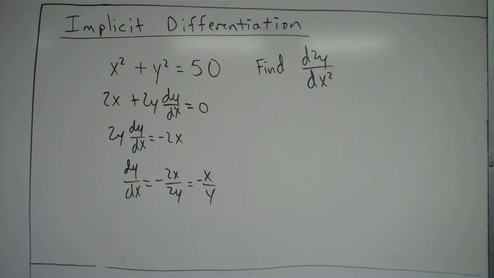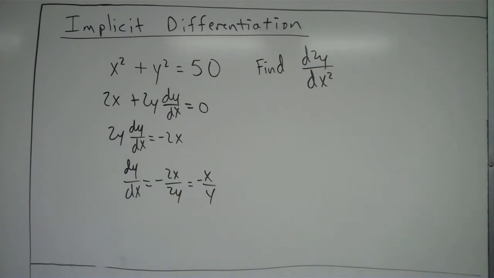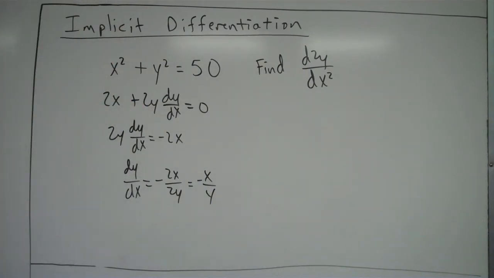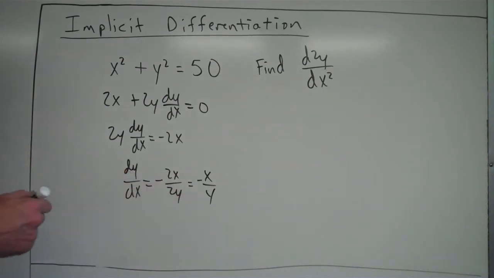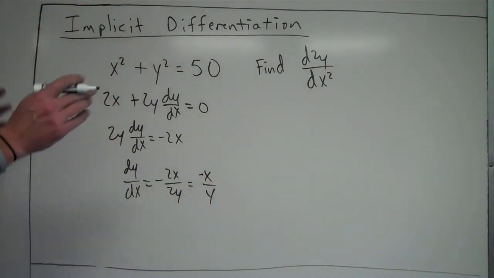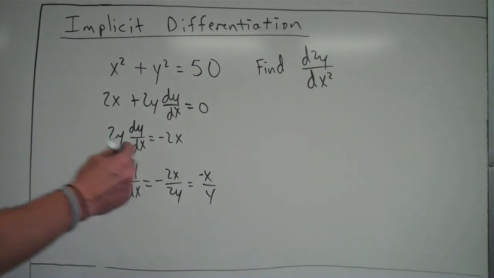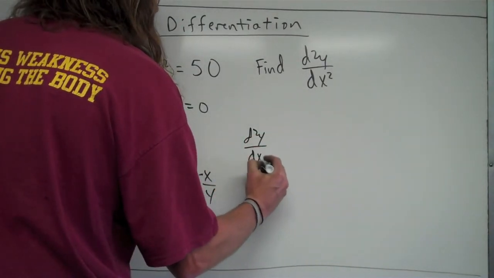Now, to find the second derivative of this, I need to just take the derivative of the first derivative, just like previous stuff. To get the second derivative, you have to find the first derivative, then you take the derivative again. So here, I'm going to use the quotient rule for this. And I'm going to put that negative with the x, just to know which one it's with so I don't get confused. So what I'm going to do here for my second derivative, d squared y over dx squared,